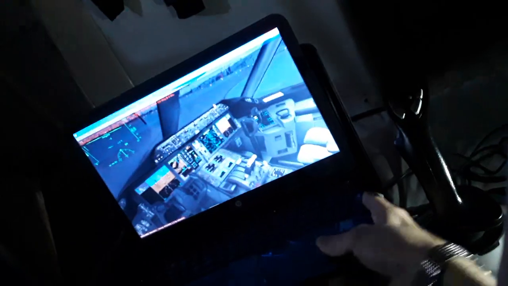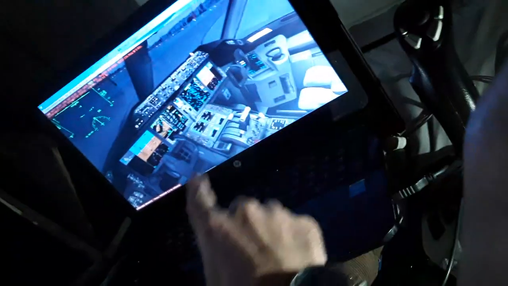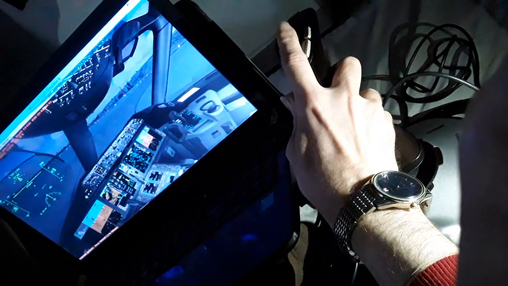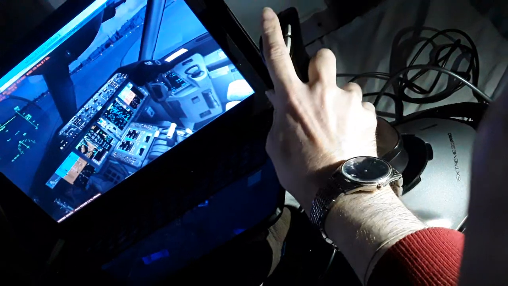So you can see we can climb and descend like this, side stick back and forth. This is identical to the Airbus side stick, as you can see. So climb and descend, make turns to the right, make turns to the left. No difference between the Boeing and the Airbus flight control system, all the same. Just one half the side stick, one half the yoke. So we climb, descend, make turns to the right, make turns to the left, use horizontal trim stabilizer, and also